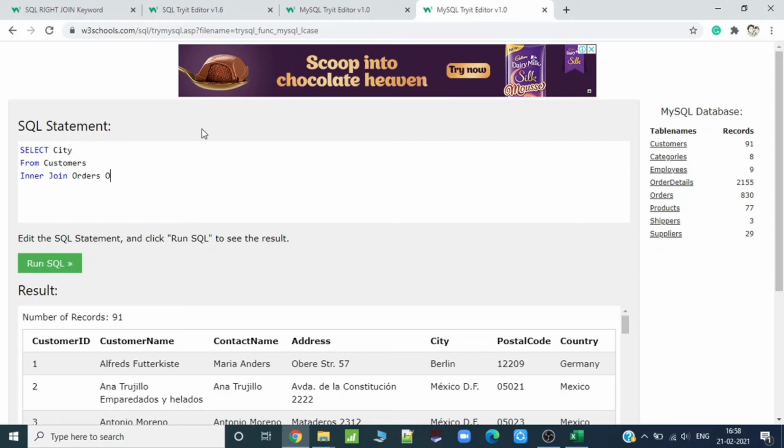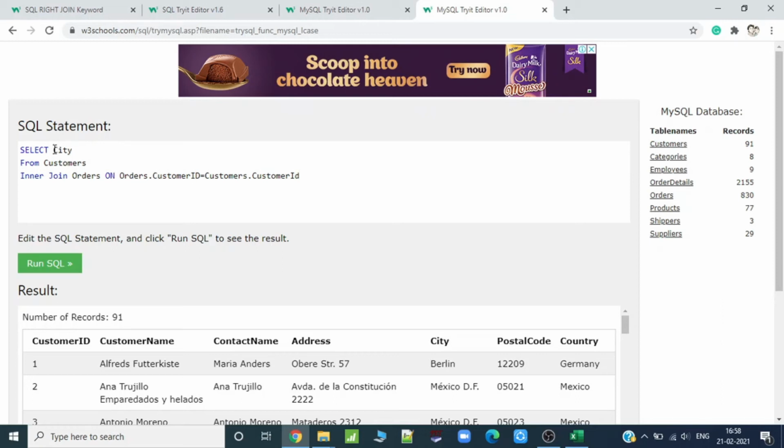And on what condition do I want it? On orders dot customer ID equals customers dot customer ID, right? So what I want is the city of customers.